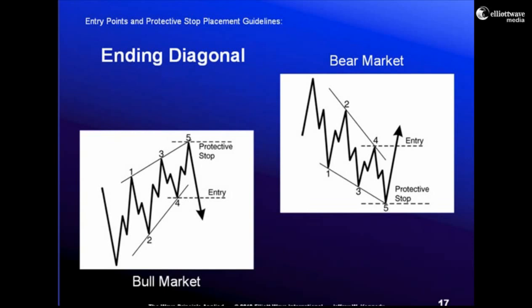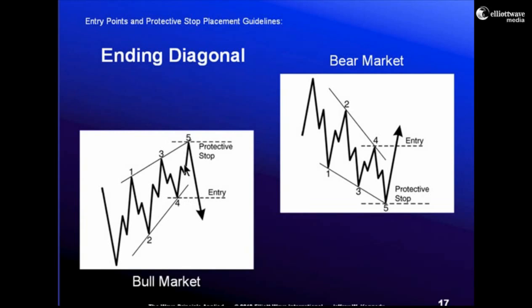Now again, these are very conservative trading guidelines. For example, if you're more aggressive, you may want to begin accumulating short positions as wave 5 develops, especially if wave 3 is shorter than wave 1. Because if we go back to the rules and guidelines of the wave principle, what we know is that wave 3 can never be the shortest impulse wave of waves 1, 3, or 5. So if wave 3 is shorter than wave 1, then we know wave 5 must be shorter than wave 3. So if prices push beyond that level, we know we're wrong.